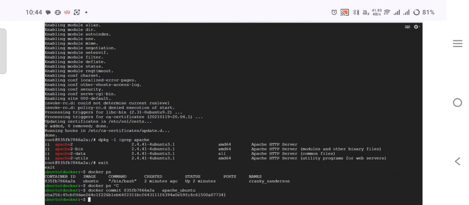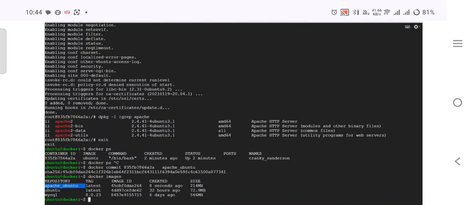So what it will do, it will save image with this name. If I do docker images, I will be able to see my latest image that I committed. This is the command to save this container. So the committed changes are saved as apache-ubuntu. But remember, I have not given any tag here. So if I try to push this image, that we will see later on, we will see like